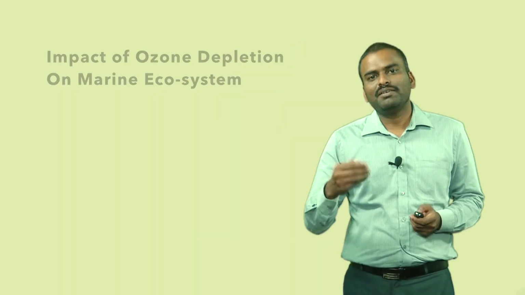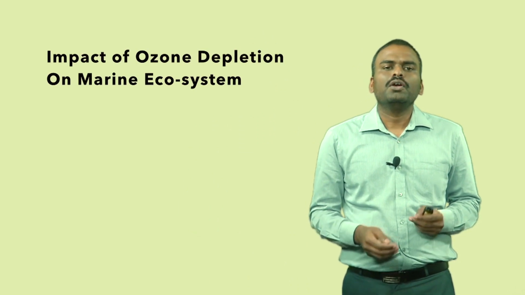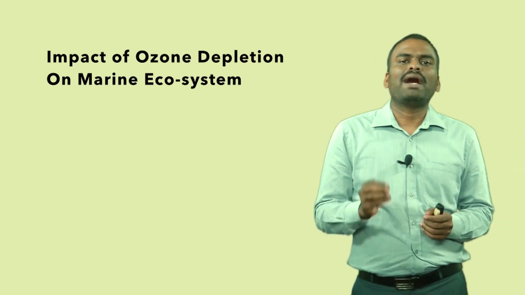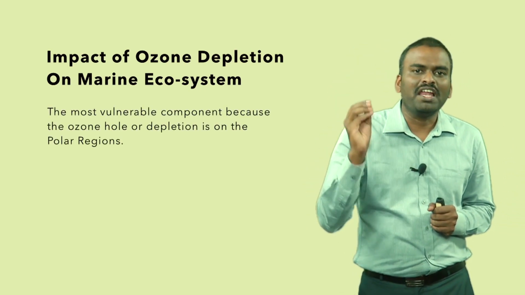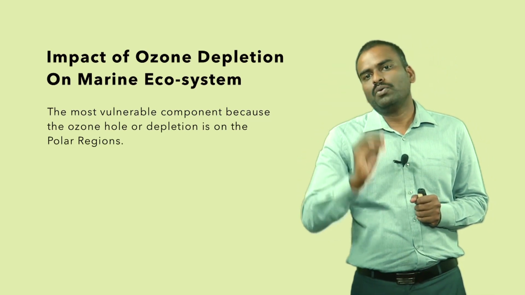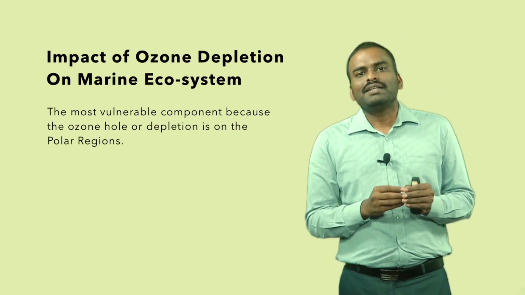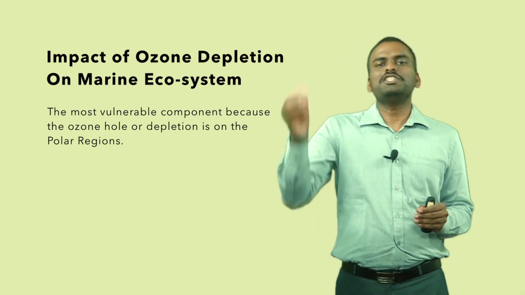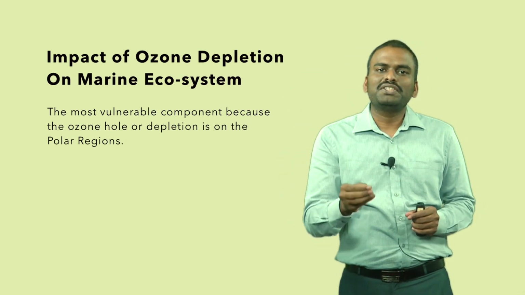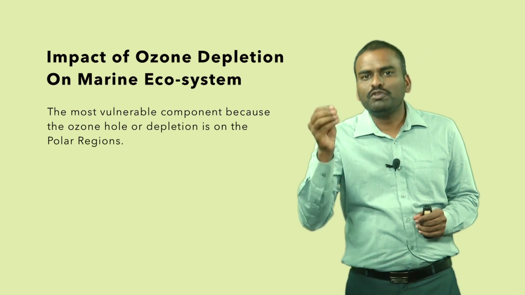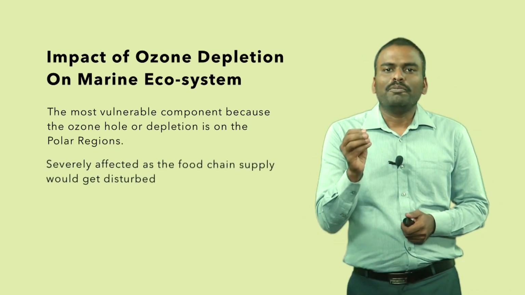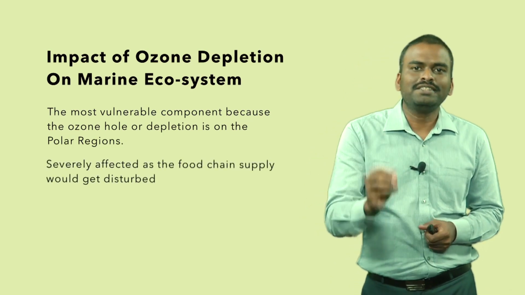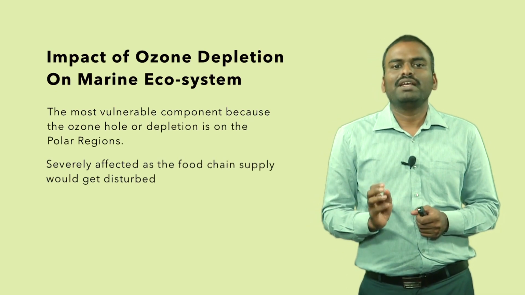So, let us move into the next component, which is the marine ecosystem. Impact of ozone depletion on marine ecosystem. The marine ecosystem is one of the very vulnerable components to the ozone depletion problem. Why? It is because ozone depletion directly affects the food chain supply of the marine ecosystem. It is severely affected because it cuts the food chain of the marine ecosystem, and a number of